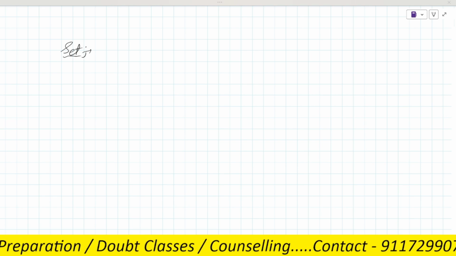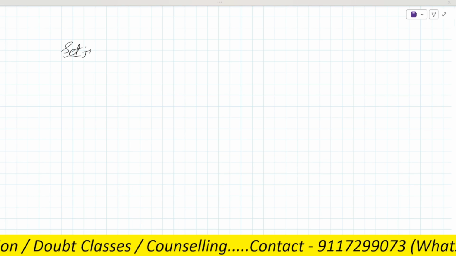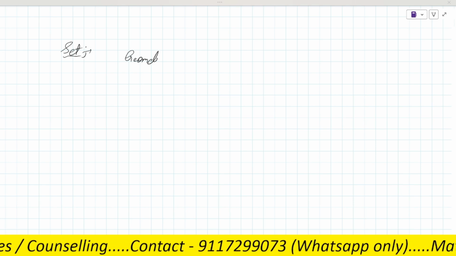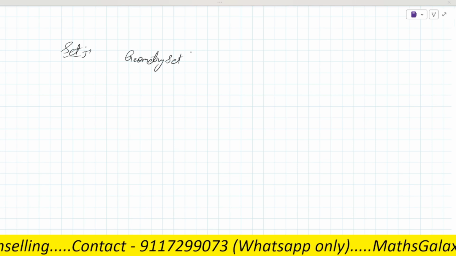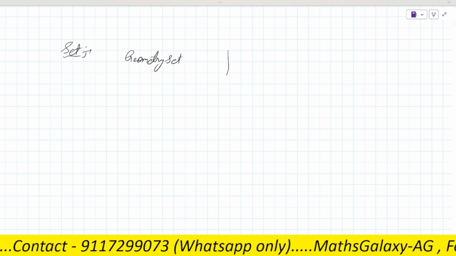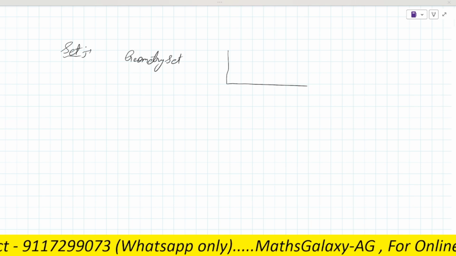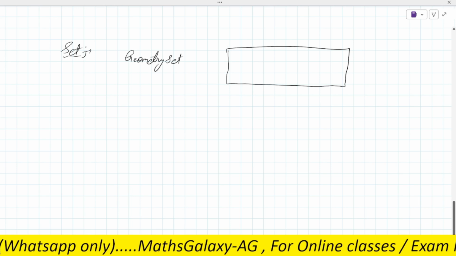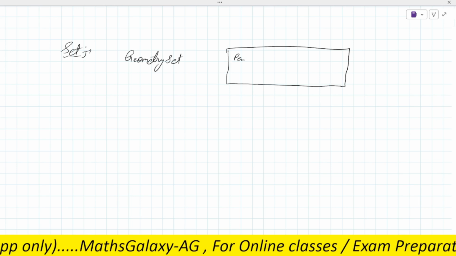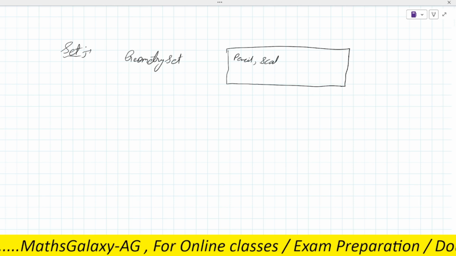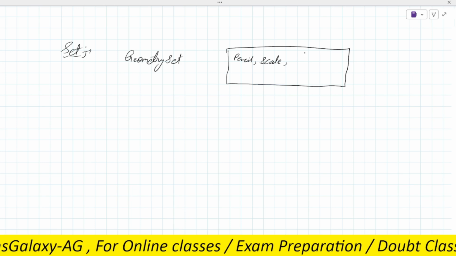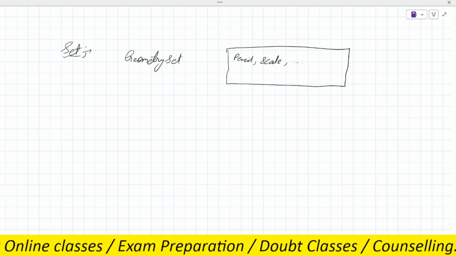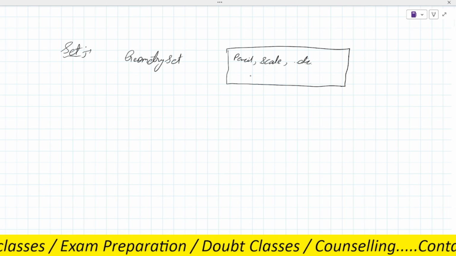Okay, just relate it. Have you ever heard about a geometry set? You mean like ruler, pencil? Very good. A geometry set is like a box which contains some geometrical tools, as pencil, scale, eraser, compass, divider, sharpener. These things we can say are geometrical tools.